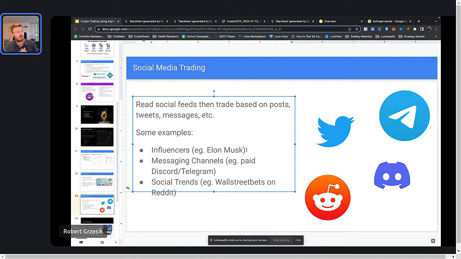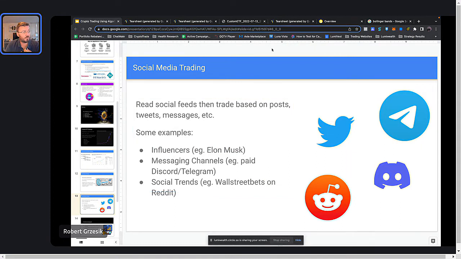Same thing goes for people like Trump. Same thing goes for anyone else in a position of power that has a big following. Whether you agree with them or not, they do have sway on the markets. And what you could do is you could build a bot that listens to that every time they mention it. You buy that stock or that coin or whatever, you hold it for a couple hours and then you sell it. And you would have effectively made a ton of money from that. I know some people making very, very good money doing these types of things. Like I said, one of our students making 400 or 500% a year doing this kind of stuff. It's very lucrative.